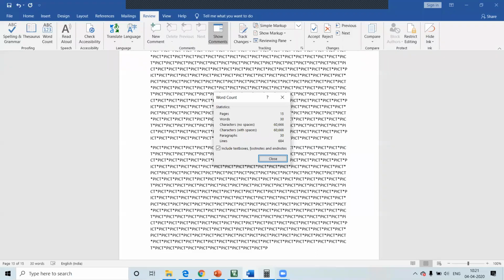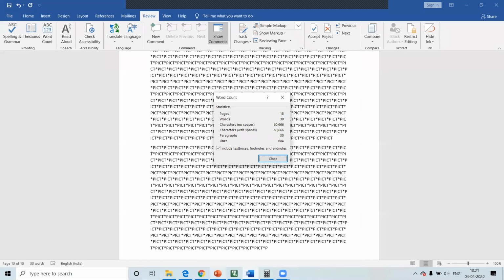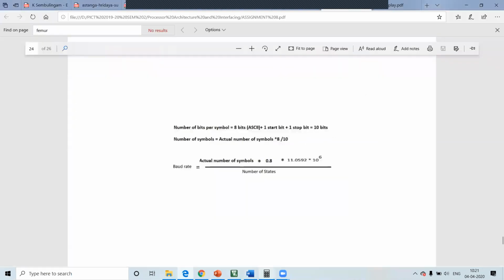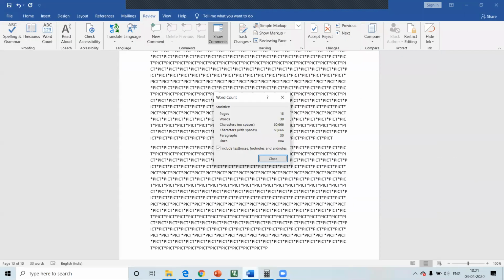Now you can use the calculator to find these values. Actual number of symbols is 60,666, was it? Yes.